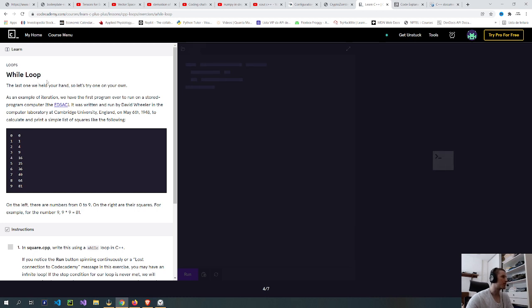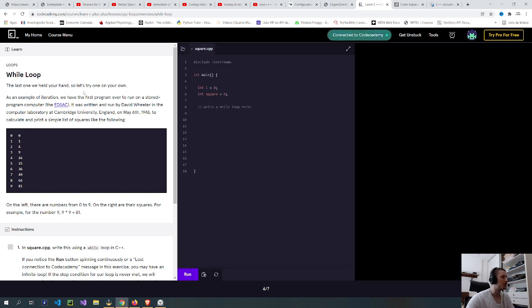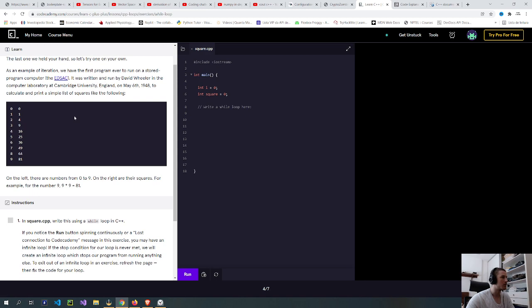While loop. The last one we held your hand, so let's try one on your own. As an example of iteration, we have the first program ever to run on a stored program computer, the EDSAC. It was written and run by David Wheeler, at the computer laboratory at Cambridge University, England, on May 6, 1948.